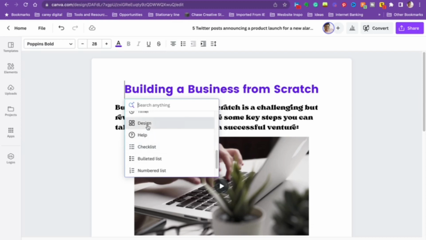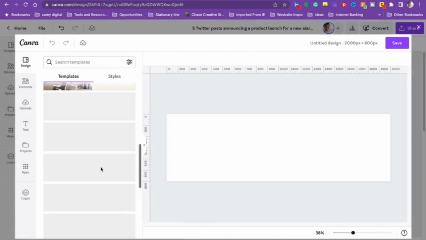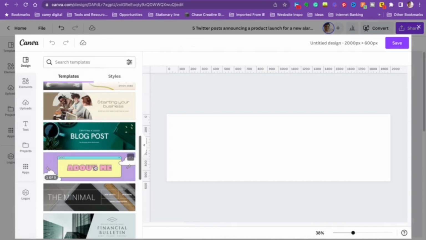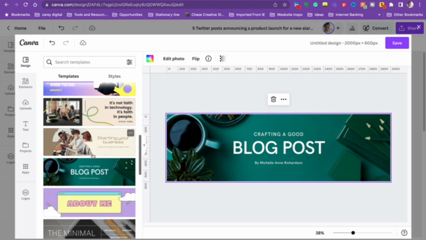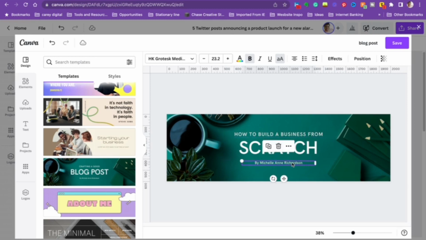I'm going to go back here and select design. One of the things here is that we have multiple templates, and I'm going to select one of these templates, right? And I'm going to pretty much just switch it up a little bit and insert my own topic, and I'm going to change the background, right? So I'm going to call it how to build a business from scratch, right? That's what we're talking about in this blog post,